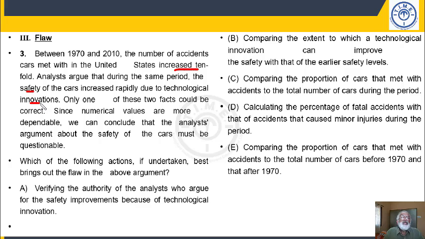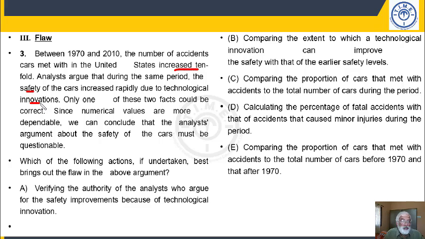than the proportion earlier. Let us say the traffic was 10 cars in 1970 and accident was 1, then I have 1 on 10. But if my traffic has gone up to 10,000, that means my traffic has multiplied by 1,000. Okay, 10 has gone to 10,000, and my accidents have gone from 1 to 10. Now 1 over 10 is not the same thing as 10 over 1,000. You realize? So the point here is, if you compare the proportion of cars that met with accidents to the